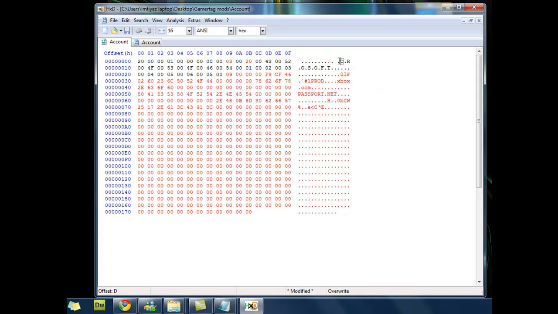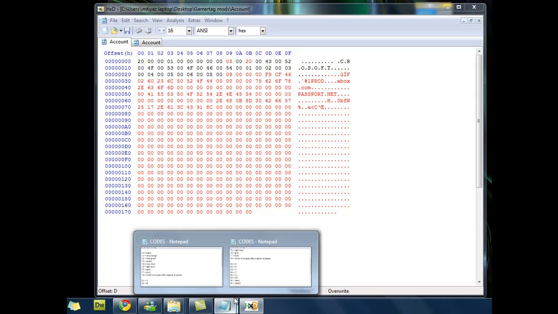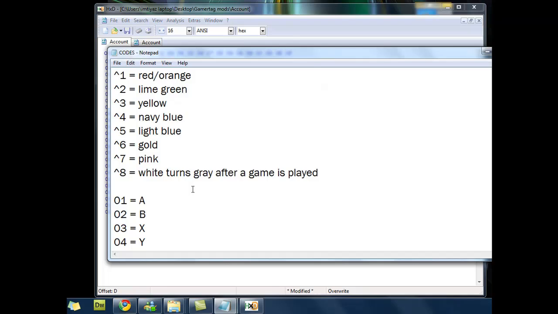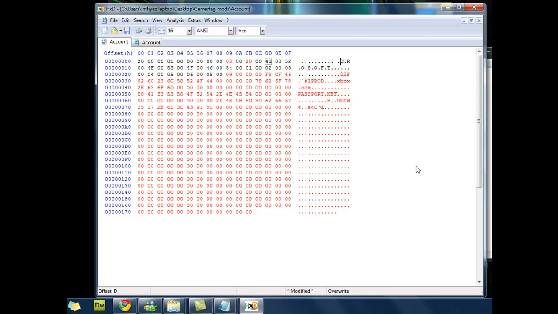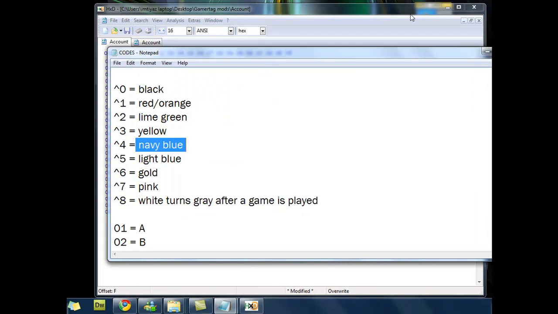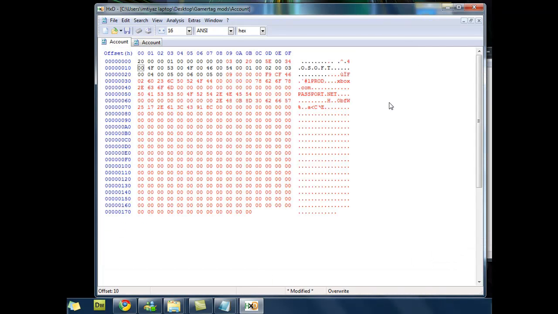So to do this, we're gonna go into the letter section, and then I'm gonna have the color blue. So if I'm going to codes, navy blue is arrow and 4. This takes up 2 spaces, so instead of C, we're gonna have the arrow, and then we're gonna have the number 4. Okay, and then I'm gonna have, as letters, K